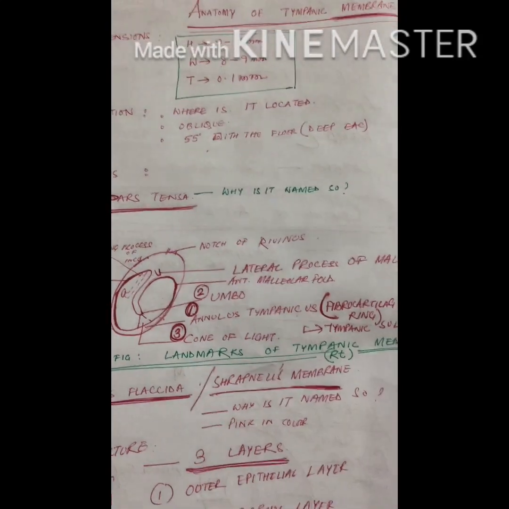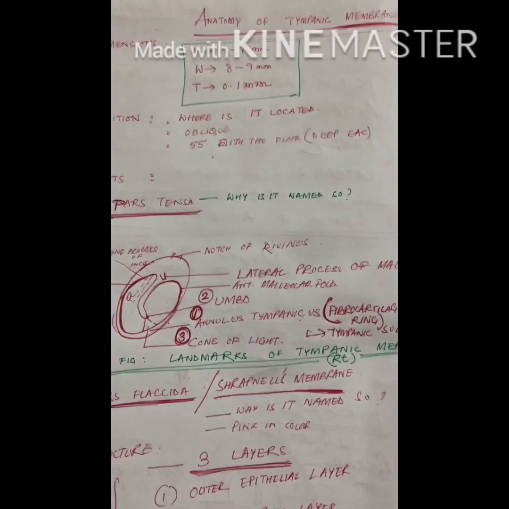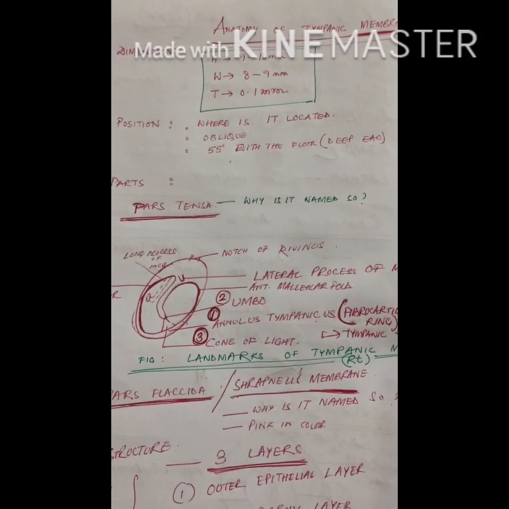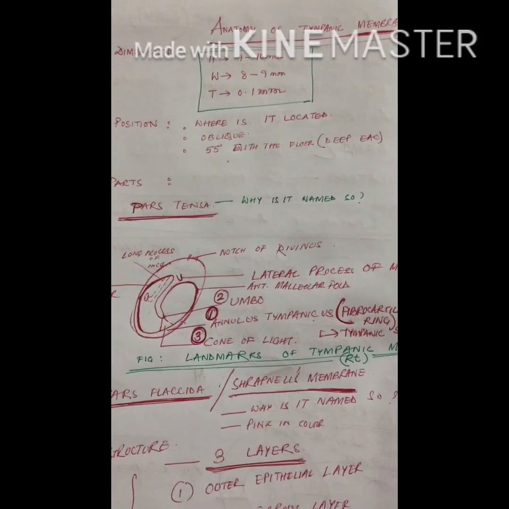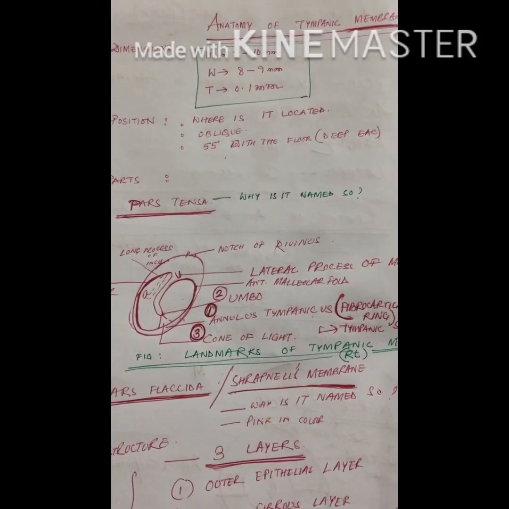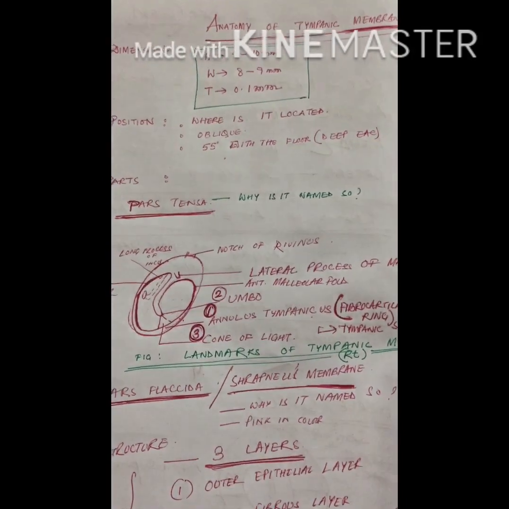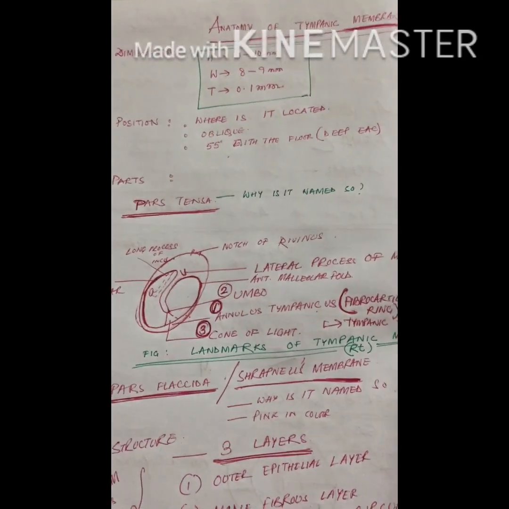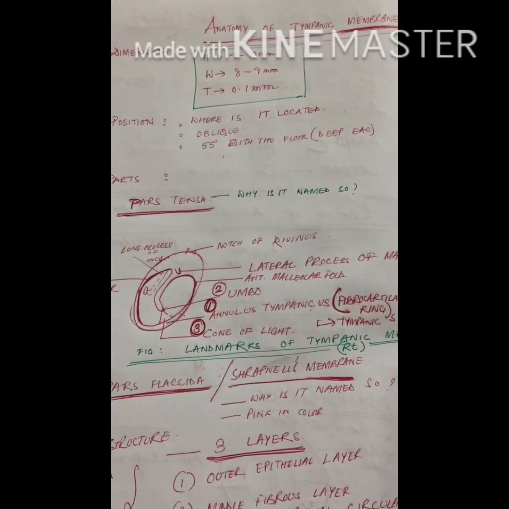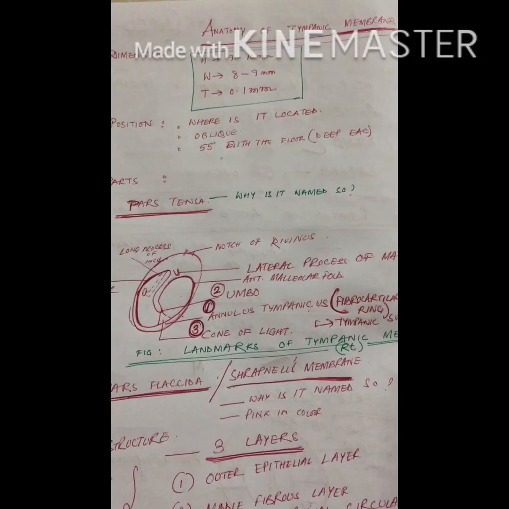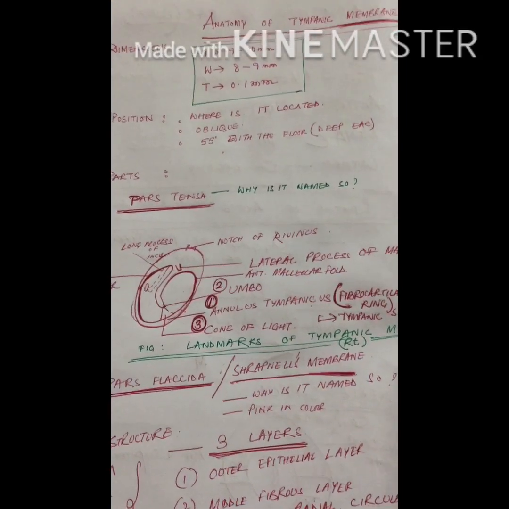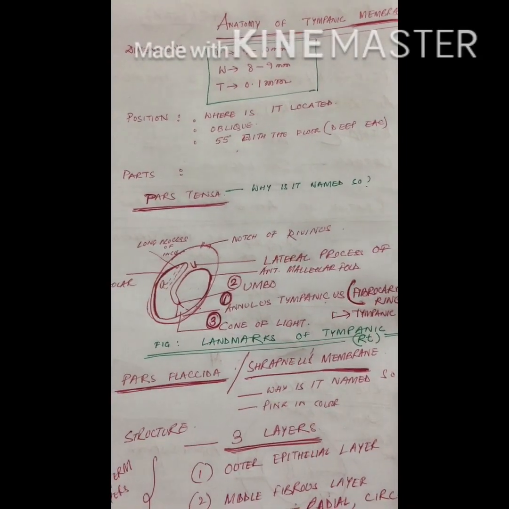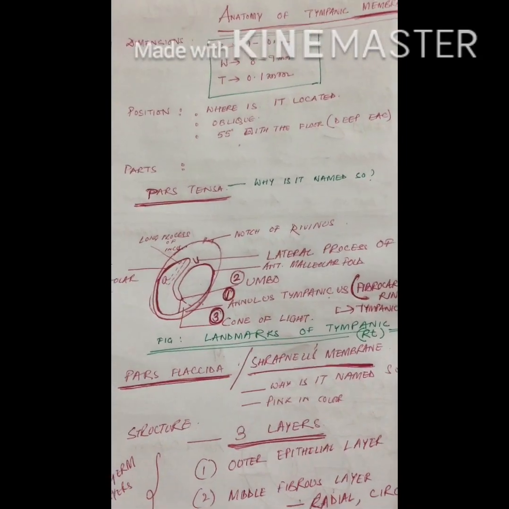Today our topic of discussion will be anatomy of tympanic membrane. Dimensions of tympanic membrane. It is 9 to 10 mm in height, 8 to 10 mm in width and 0.1 mm in thickness. Position. Tympanic membrane is located in between the external auditory canal and the middle ear. It is oblique in position and lies at an angle of 55 degrees with the floor, that is with the